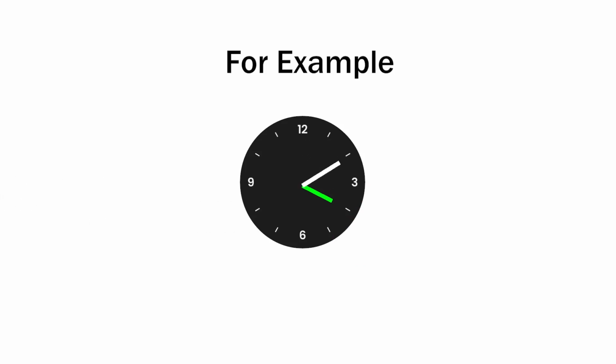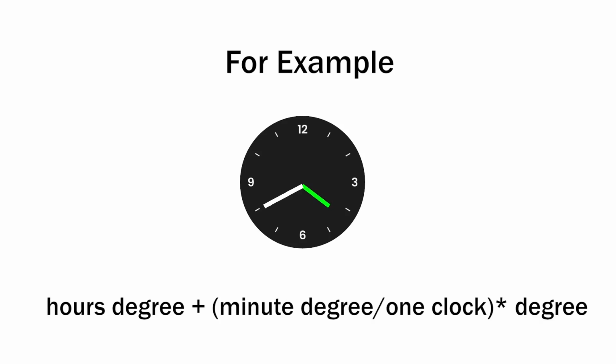When the minute stick covers some time, the hour stick also covers some distance with respect to it. So divide the minutes by 1 cycle, and add it to the hour degree, and then multiply with 6, which was the distance between seconds, and that will give us the required value.